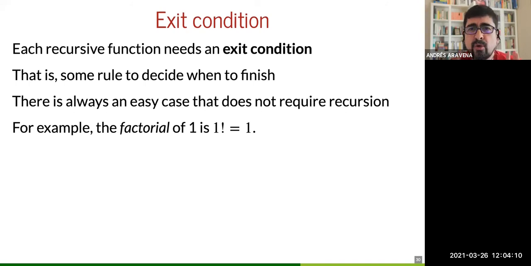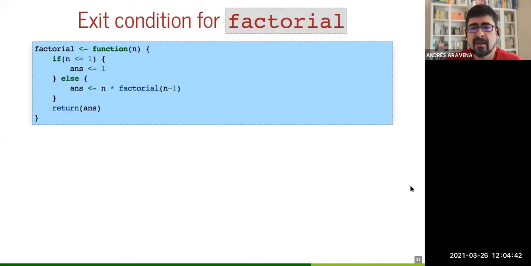Same logic, but there should be a stop. And the stop, you remember, is when you have only one thing. When you have only one element, that is easy. What is the minimum here? This one, because there is no other alternative. In the case of factorial, the easy solution is that the factorial of 1 is 1. Okay? So that will be our exit condition. And also factorial of 0 is also 1. So we can have a generic version. This is a way to do it. So can you see what's happening here?